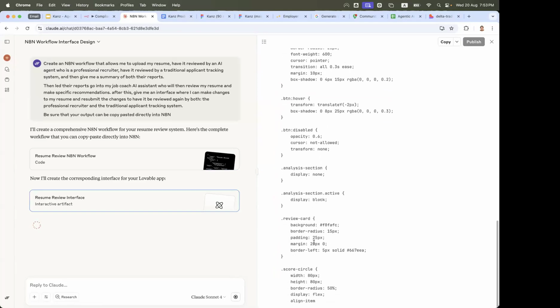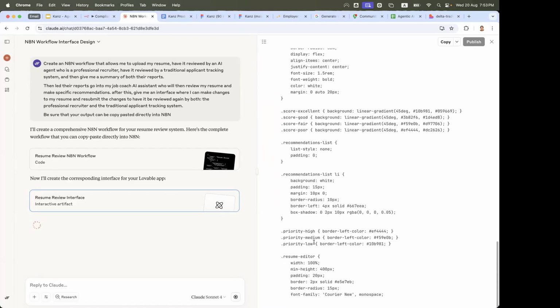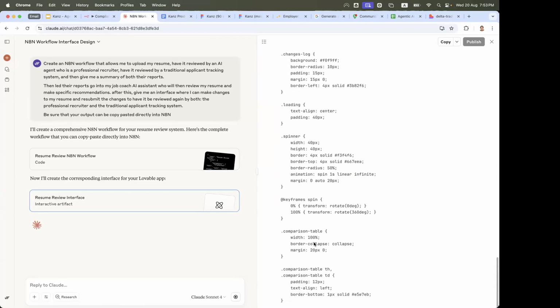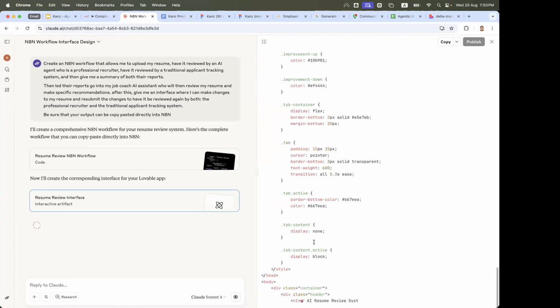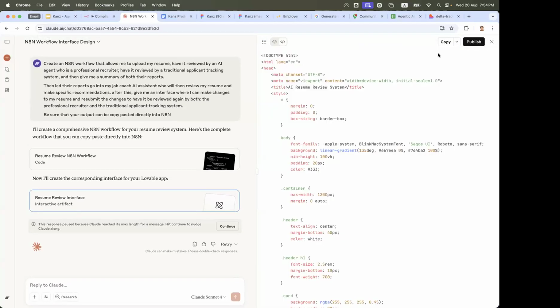The problem with this approach is that once you put it in, you're going to spend a day or two fixing errors because it's not going to get it right from the beginning. Maybe it will in a few months, as technology evolves and improves. Right now, I see this and I told it, give me something I can copy paste directly. I have no idea. Let's see if this is going to work.